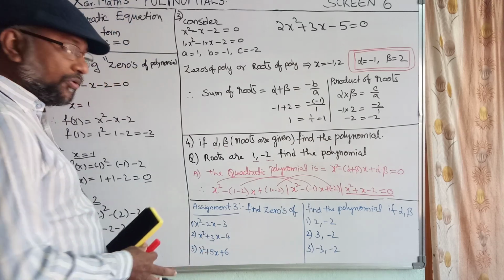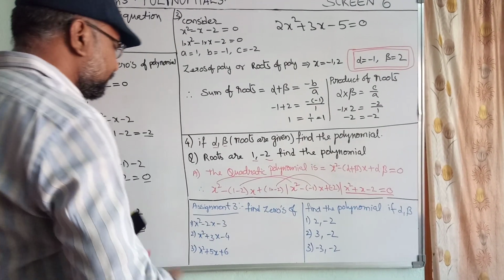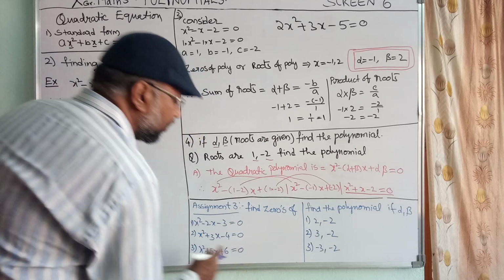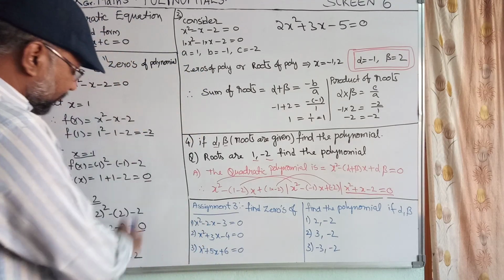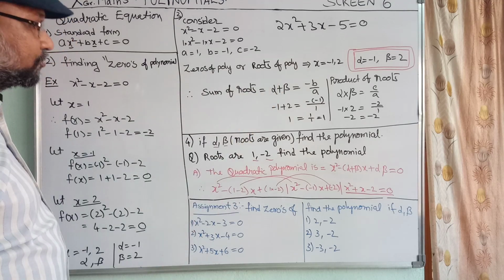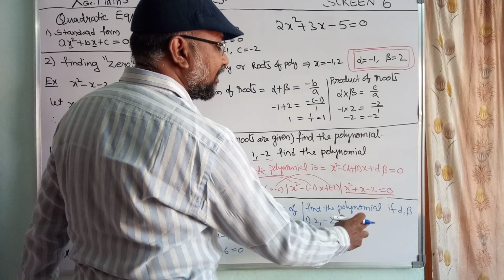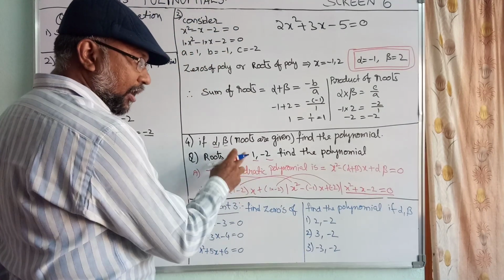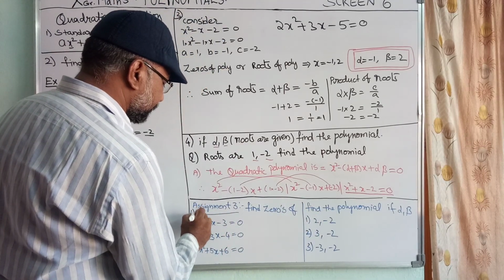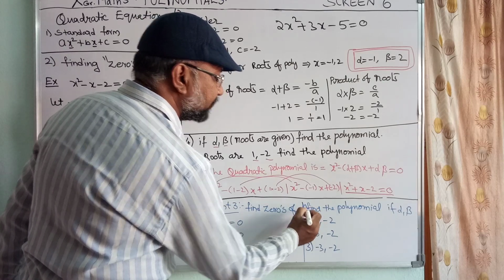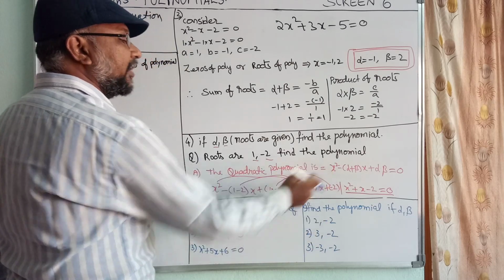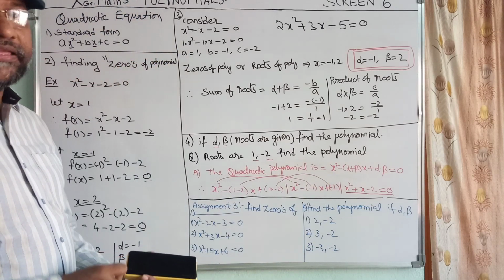Therefore, you can find out the zeros of the polynomial, alpha and beta, and you have to find out alpha and beta. In the same way, you have to check the relation. Two steps you have to do. For the second question, find the polynomial if alpha and beta are given. So this is the method for this question. So this is question number 1 and question number 2. Now alpha and beta are given. By using these two values, you have to find what is the original quadratic equation.